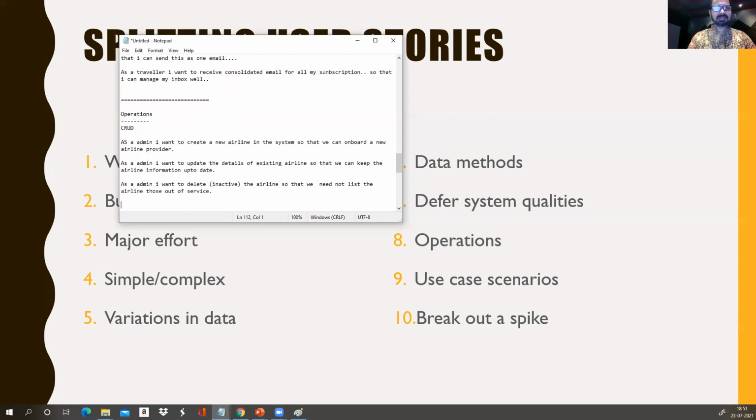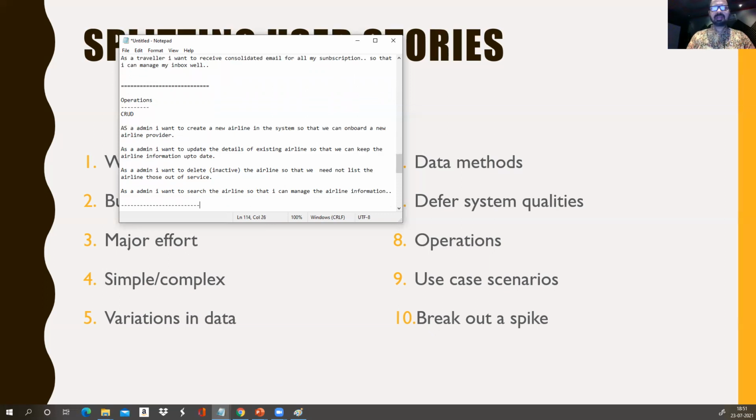The next one is, as an admin, I want to search the airline by airline name, so that I can manage the airline information.